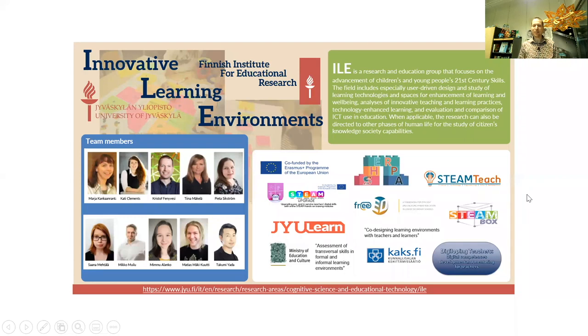In our research group at the Finnish Institute for Educational Research, we are examining and assessing innovative learning environments. When we think about learning environments, we also focus on the physical environments and components of learning, but also the mental aspects of the learning process.